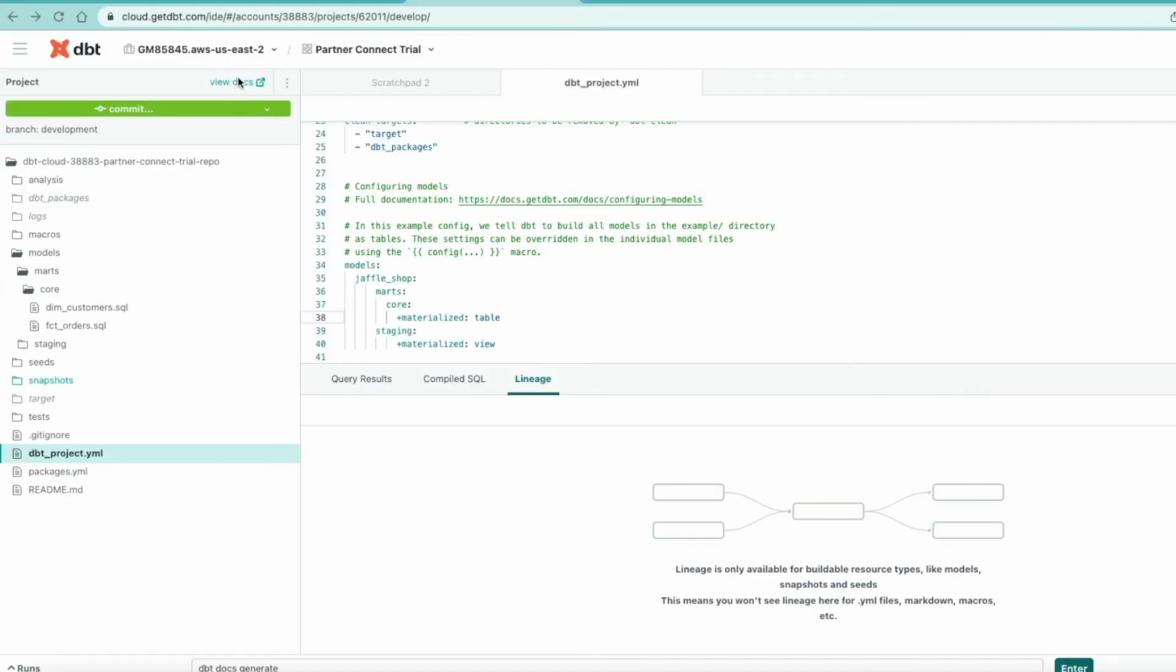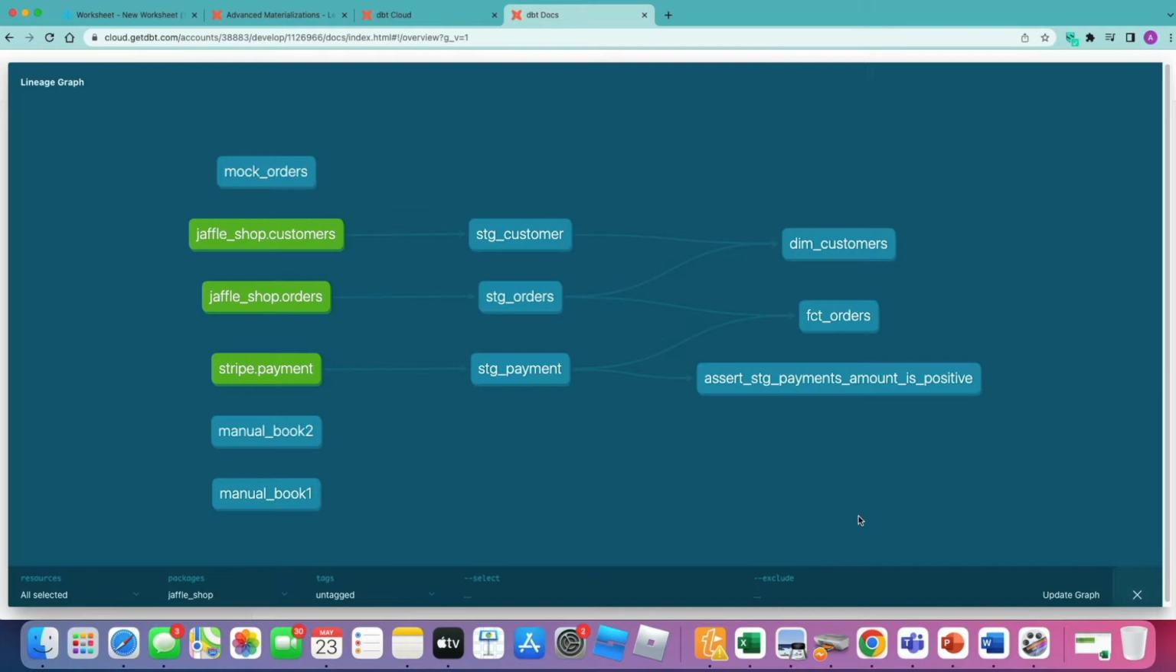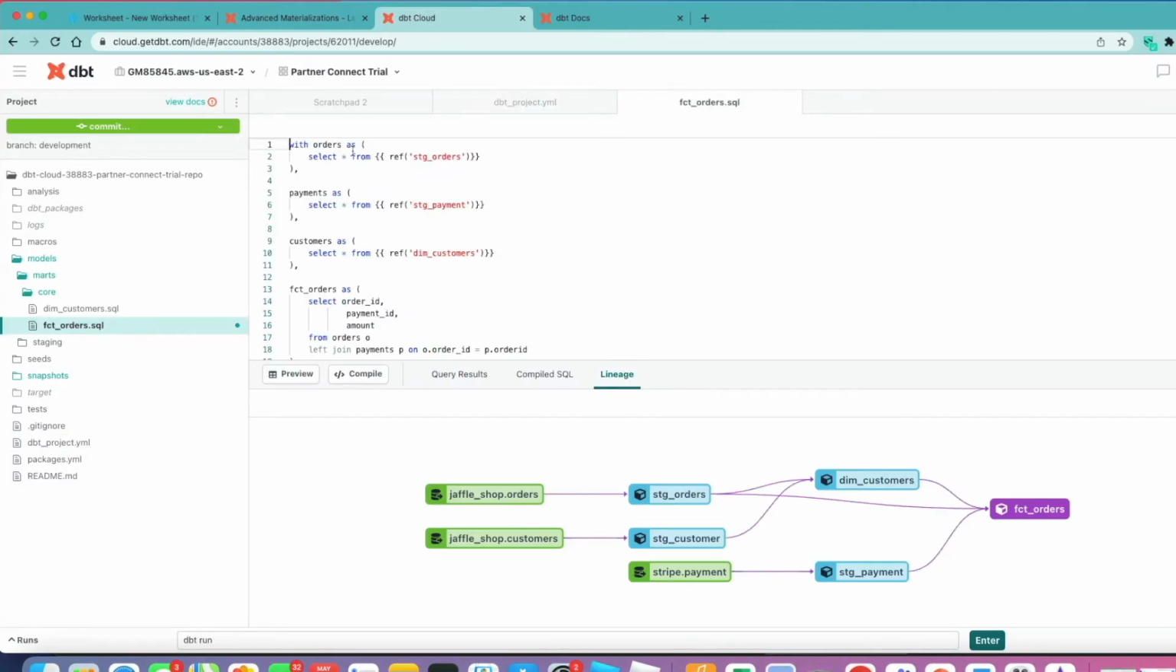So as a reminder, let's go into our view documentation within dbt, and clicking down on the bottom right hand side, we can view the lineage graph. For the purposes of this demo around advanced materializations, I'm going to focus on fact orders, and I'm going to change it to different types of materialization so we can see how the behavior changes. So I'm going to go into our fact orders model next,